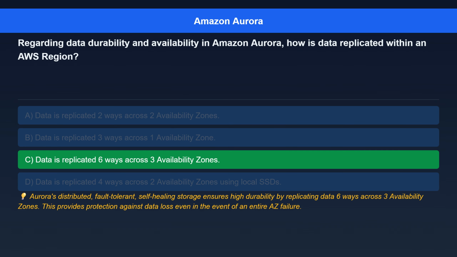The correct answer is, quote, data is replicated 6 ways across 3 availability zones. Here's the explanation. Aurora's distributed, fault-tolerant, self-healing storage ensures high durability by replicating data 6 ways across 3 availability zones. This provides protection against data loss, even in the event of an